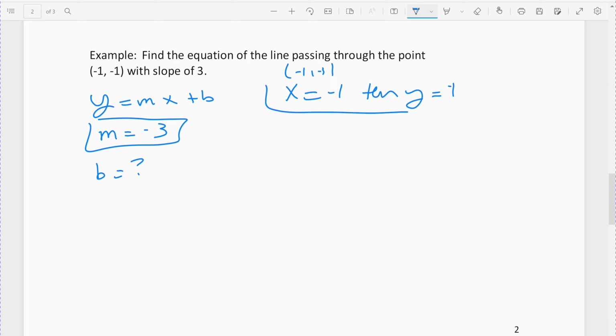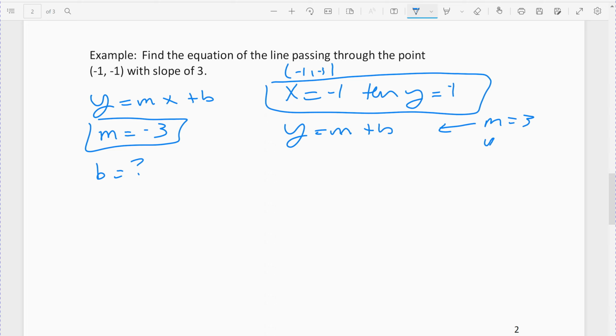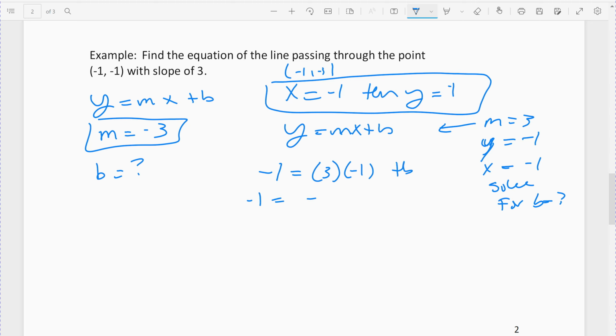And so I'm going to use that. I'm going to plug all of my given information in. So I'm going to take my y equals mx plus b, plug in my m, plug in my y, and plug in my x. And then solve for my missing piece. Solve for b. Alright, so y is -1, slope is 3, x is -1, so I get -1 equals -3,